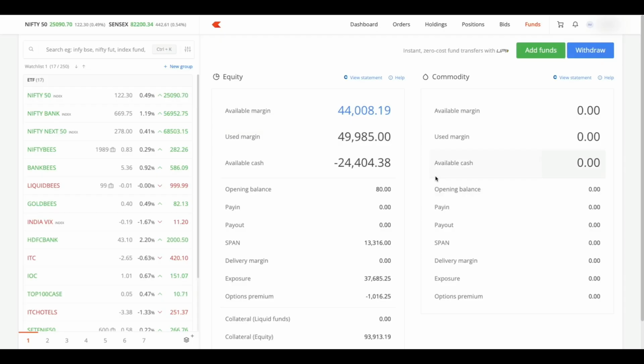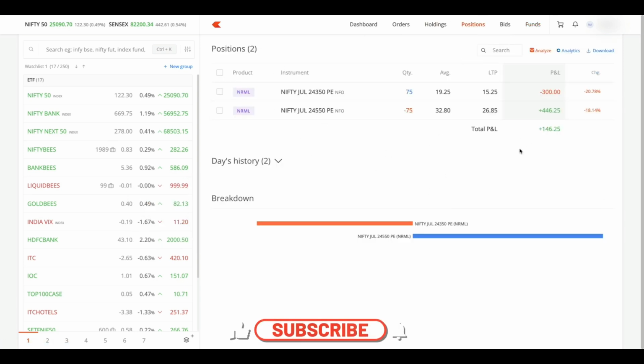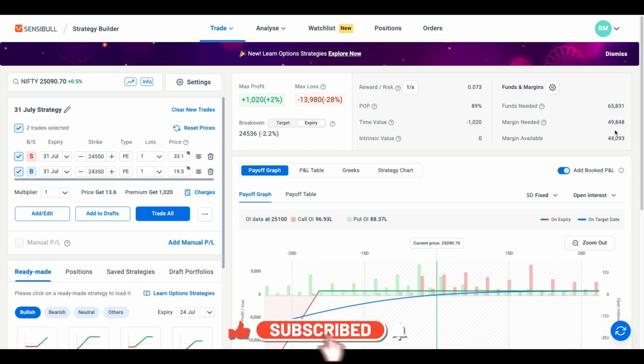In this video, we will learn how to use liquid BeEs as collateral in Zerodha. In order to do futures and options trading, we need 50% cash components and 50% non-cash components. Here, for this option selling strategy, I need a margin of 49,848 rupees, in which I need 50% cash components